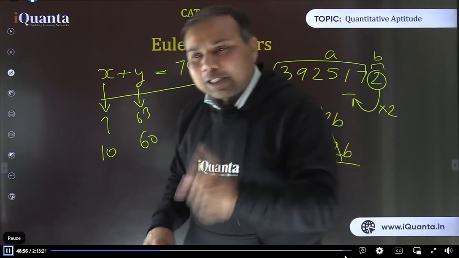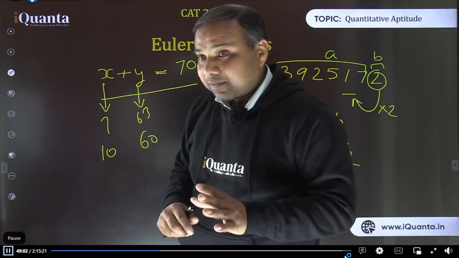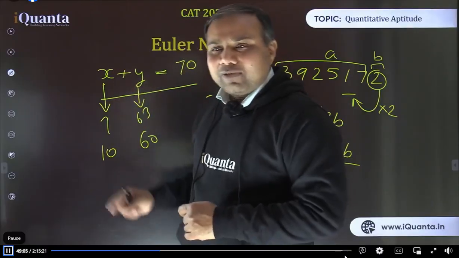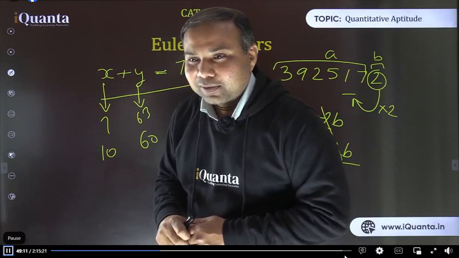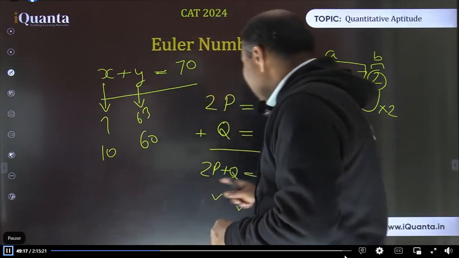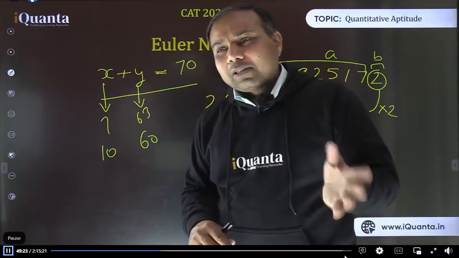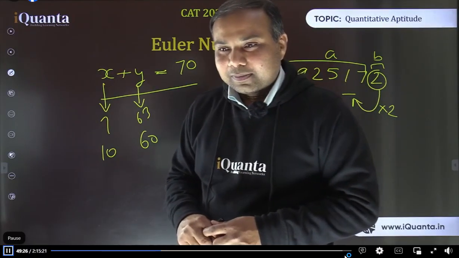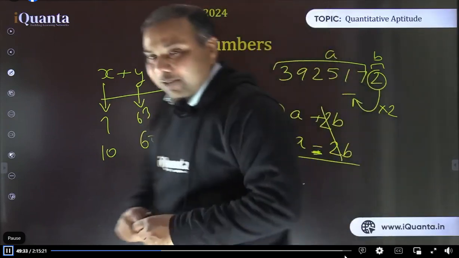Final thing. Is it possible that one of them is divisible by 7 but the other is not? I repeat. Is it possible that one of them is divisible by 7 but the other is not? Exactly. Wonderful. So that was the logic used to find this divisibility rule of 7, and it can be extended to all prime numbers basically. Okay, so we shall move further now.